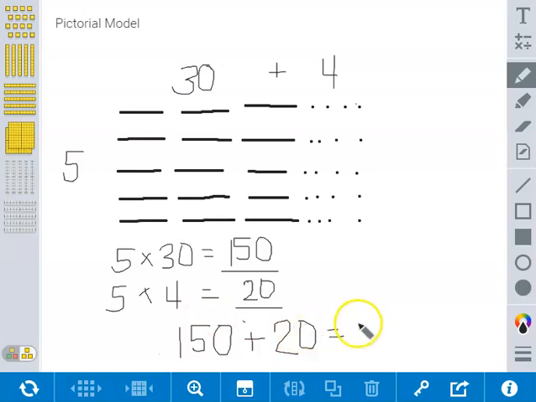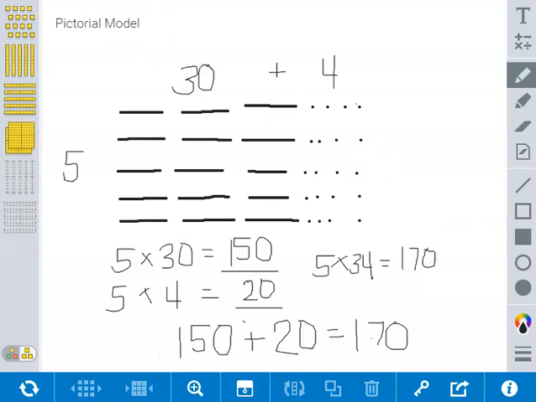And 150 plus 20 equals 170, which we discovered from our concrete model and now our pictorial model. Using partial products, we know that 5 times 34 equals